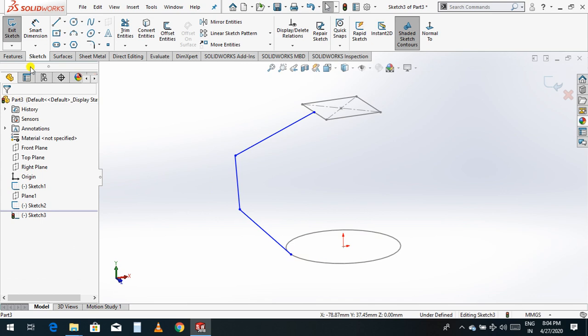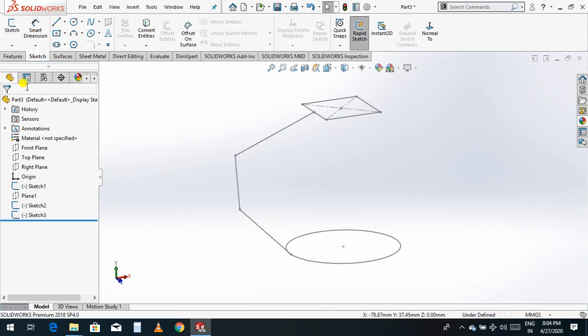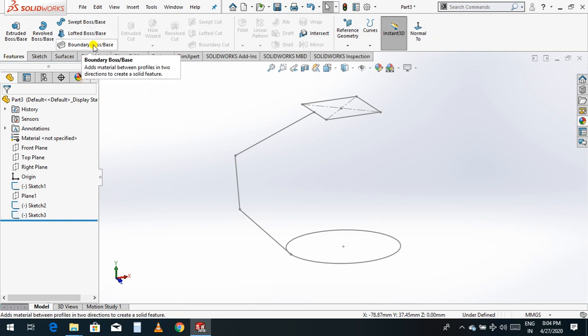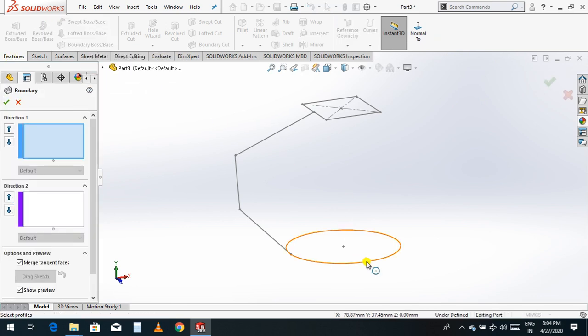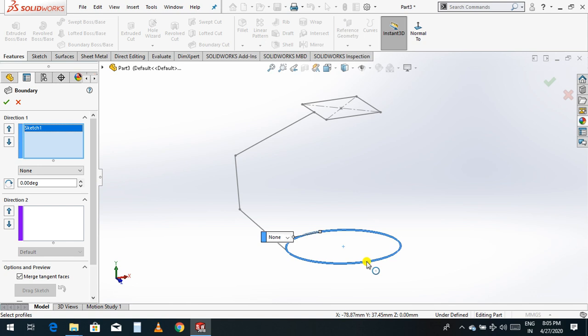Now close this sketch, go to the feature, select the boundary boss base. Same process as earlier. Select plane 1, select sketch 2.